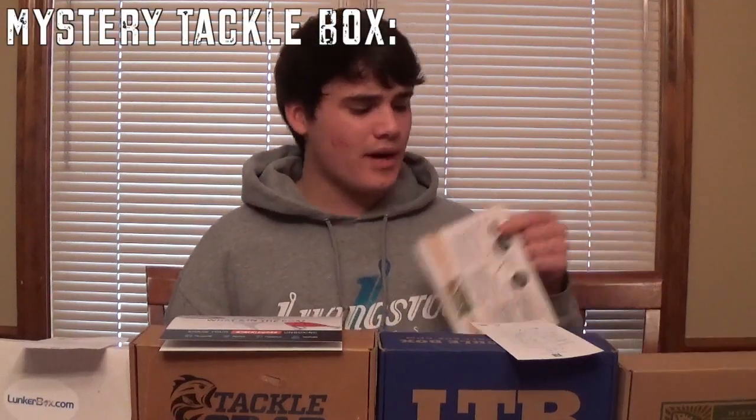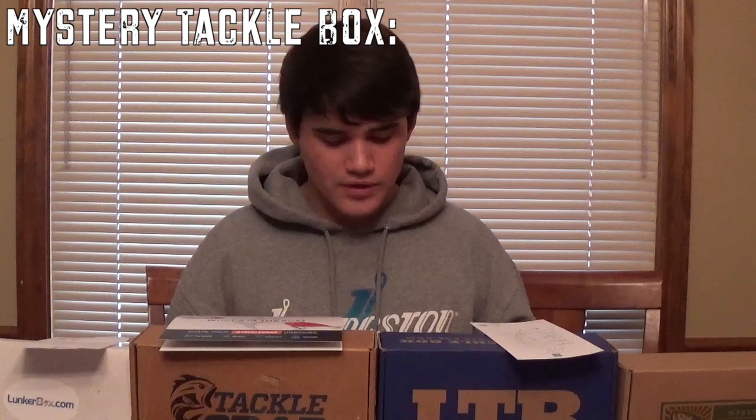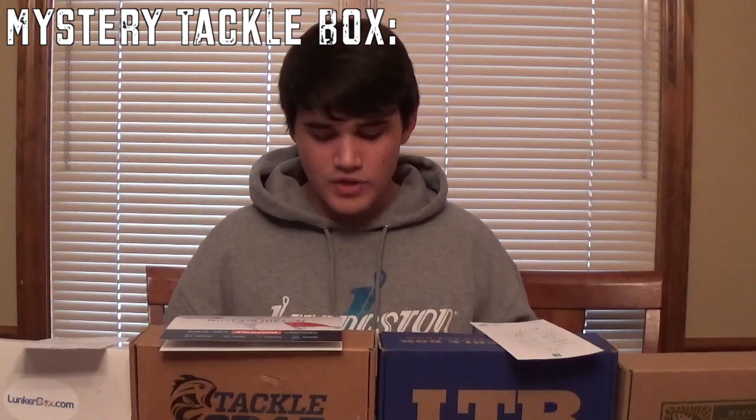And if they're the baits that you like to throw or want to try, then that's the box for you. So I'll get into it, and hopefully by the end you'll be able to decide which one is best for you. So we'll start off with Mystery Tackle Box. Mystery Tackle Box this month sent 5 lures. The 5 lures totaled out to